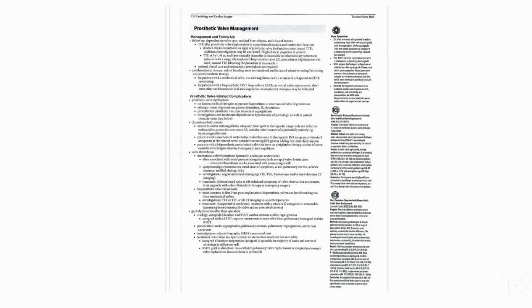Repeated thrombosis may also occur with pannus ingrowth. Patients often present with sudden worsening dyspnea, acute pulmonary edema, prosthetic valve stenosis, new murmurs, and/or soft or absent mechanical closing clicks. Urgent investigations include